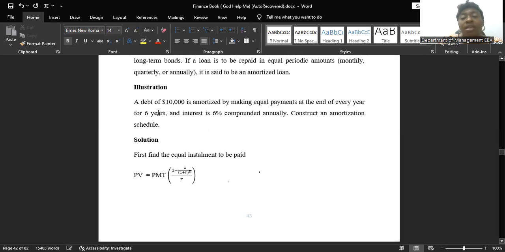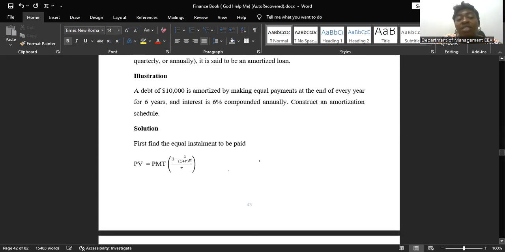All right. So this is a typical example. A debt of $10,000 is amortized by making equal payments at the end of every year for 6 years, and interest is 6% compounded annually. Construct an amortization schedule. Now, first thing you need to know is first you have to use the annuity formula